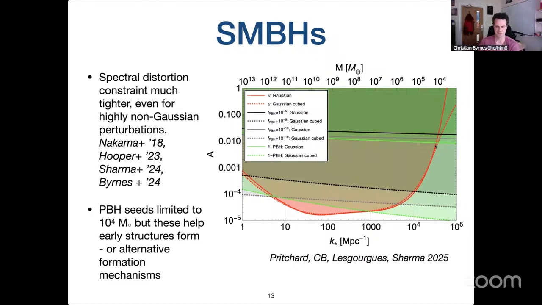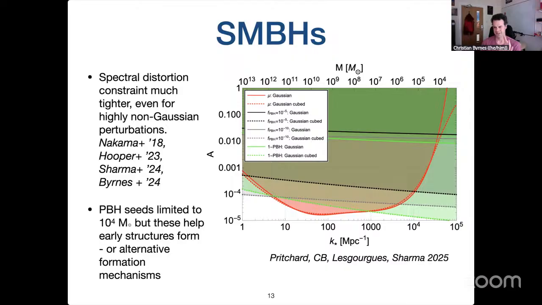There are, of course, maybe ways around this, but they're, in my view, very specific and perhaps contrived. Now, it may still be helpful to have seeds of 10^4 solar mass, but one somehow needs to grow that seed, either by a huge number of mergers or by a huge amount of accretion, to be at least 10^6 solar mass. And some supermassive black holes, even at high redshift, are seen up to 10^8 or 10^9, perhaps even 10^10 solar mass. So that's a huge growth. So it's not very clear how helpful it is to form these supermassive black hole seeds.